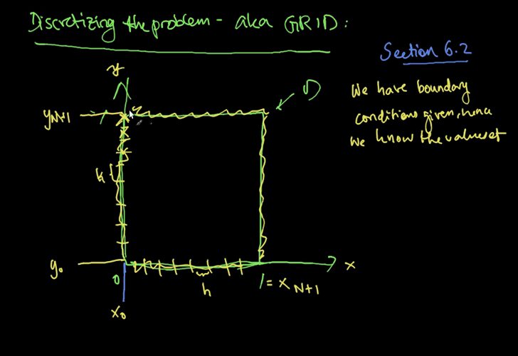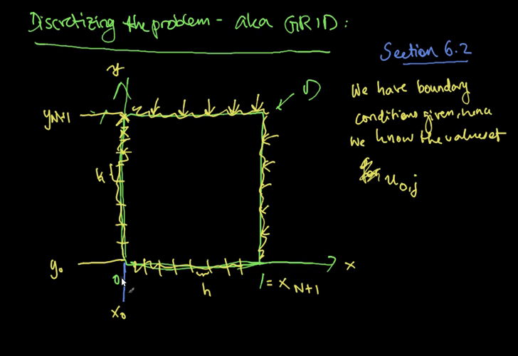So which grid points are these exactly? Which indices do these points have? Well, they have to have some index numbers that have something to do with 0 or n plus 1. So we know the values of u 0 comma j